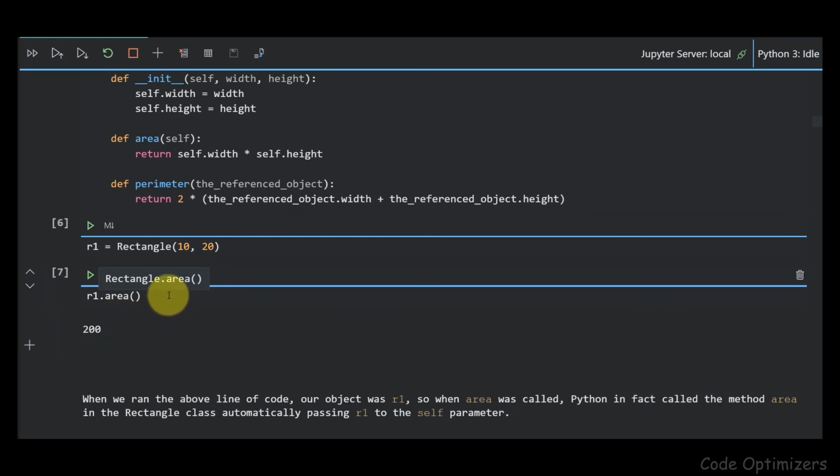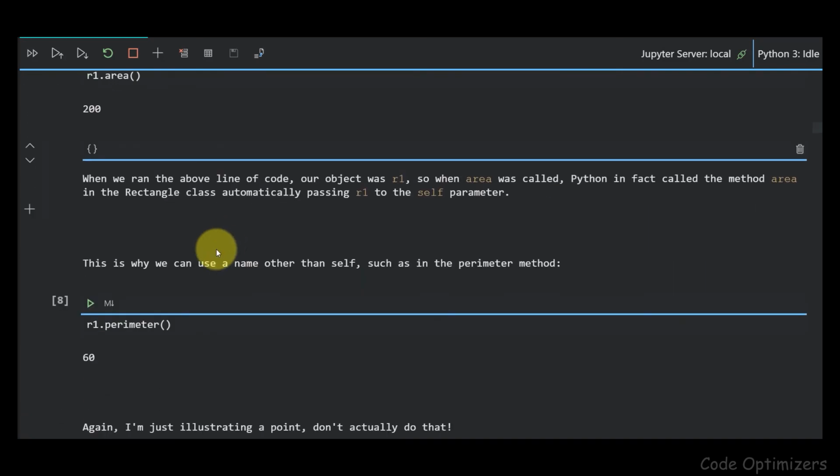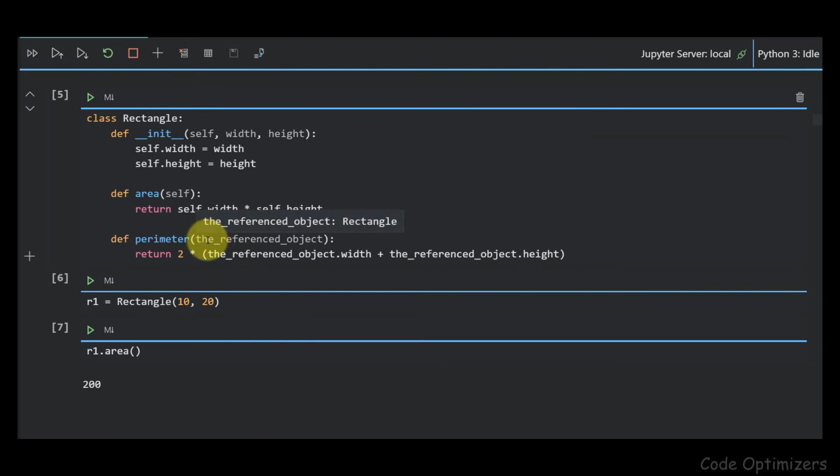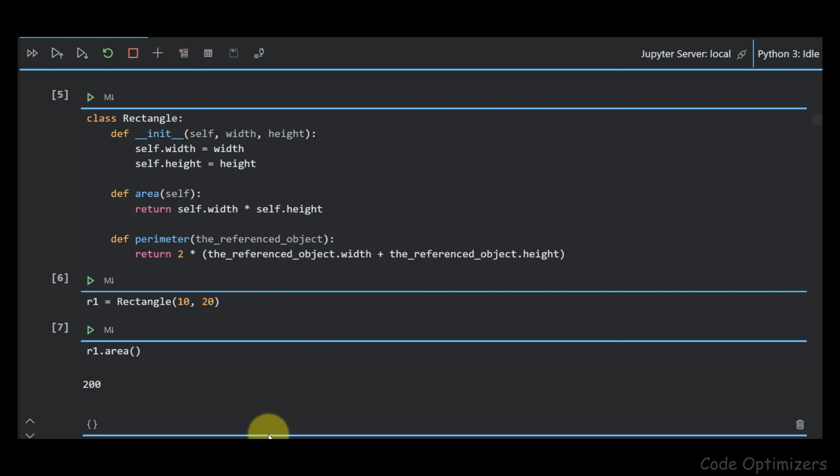Here it takes the height and width of r1 and returns the area. This happens the same for the perimeter, and it returns the value 60. Here we have written the reference object instead of self. It is not good practice, it is just to show that we can write anything, but we should write self.